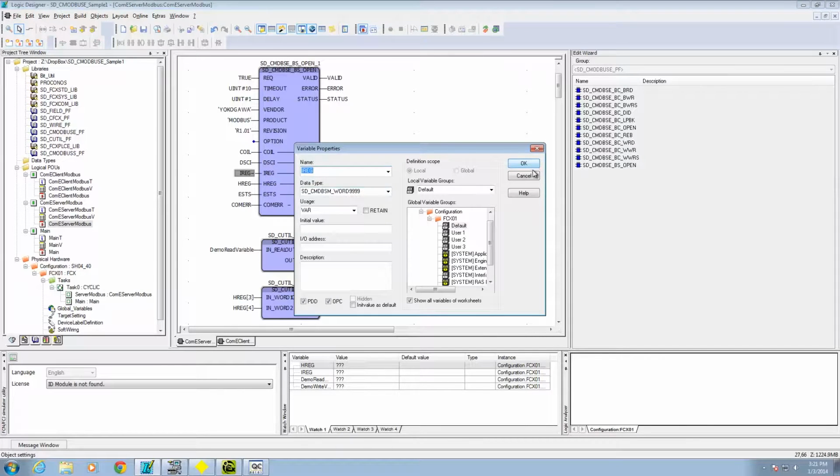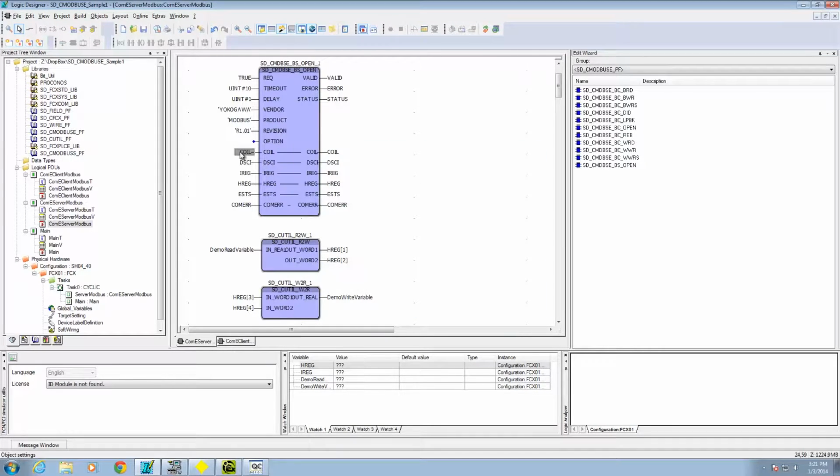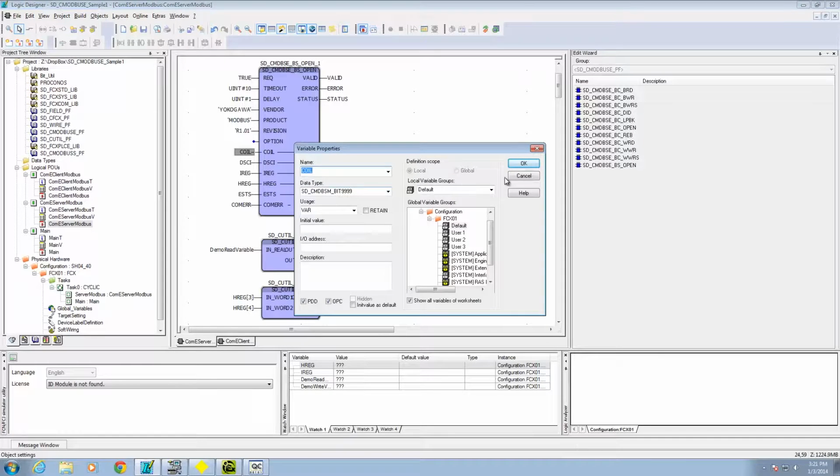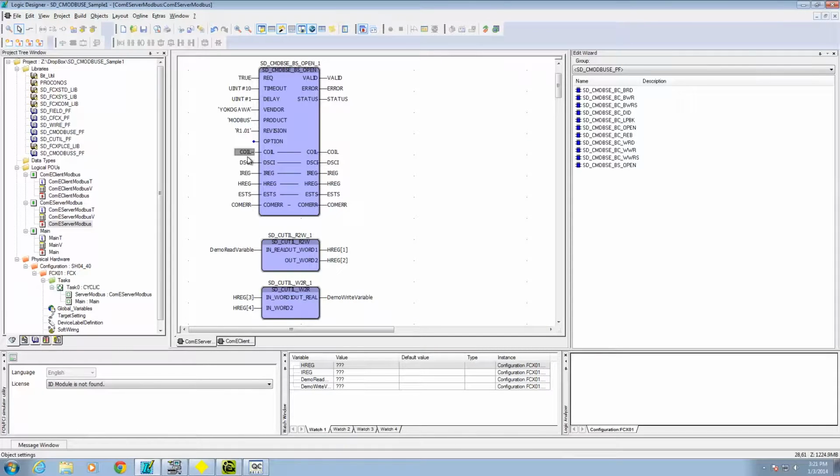This one here is a type word as well. That one there is a bit or a binary, and so is this one. So the data types are already created. You essentially just have to put in some names here. And then these are arrays of that data type,